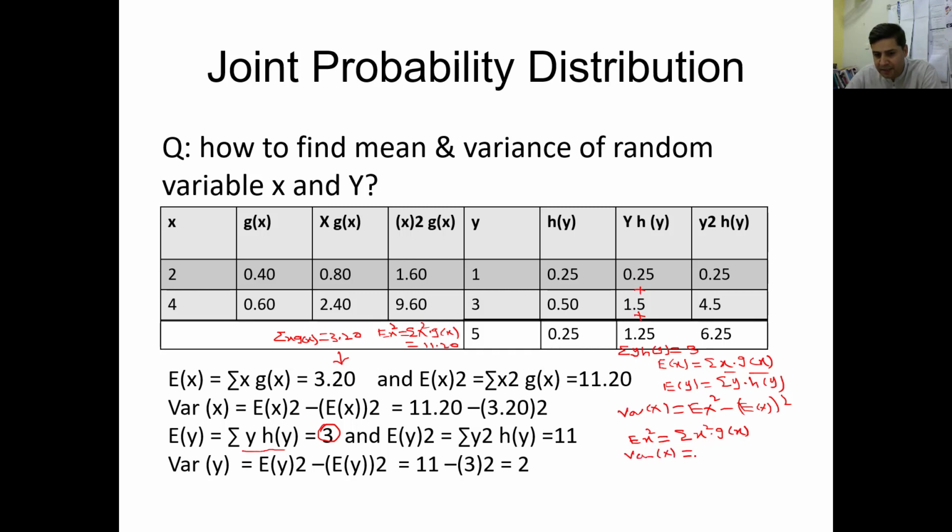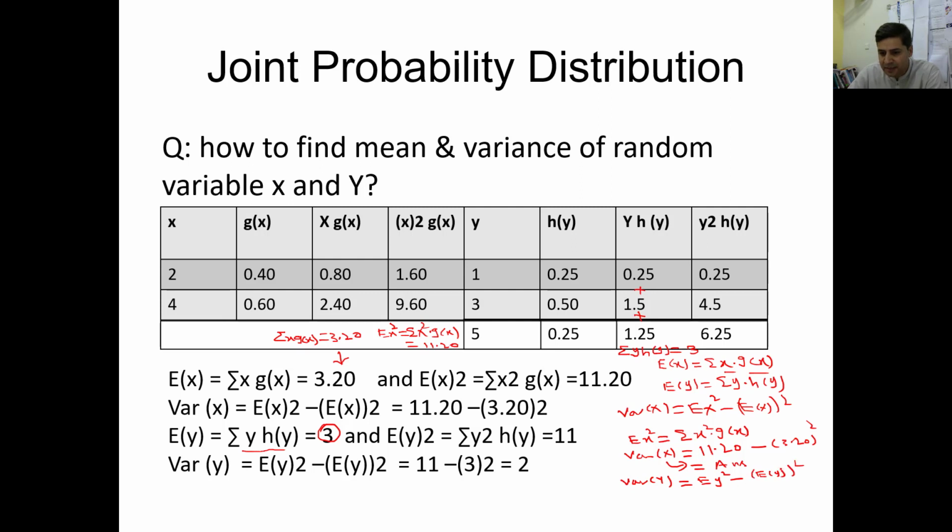The variance of x is equal to 11.20 minus the mean we have already calculated, 3.20 squared, and this will be the answer, the variance. Similarly, the variance of y will be E(y squared) minus E(y) whole squared, where E(y) is the mean.